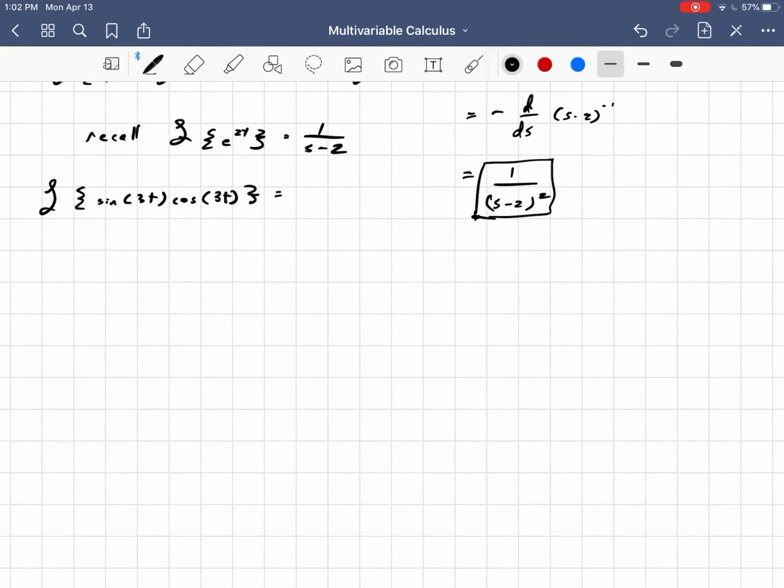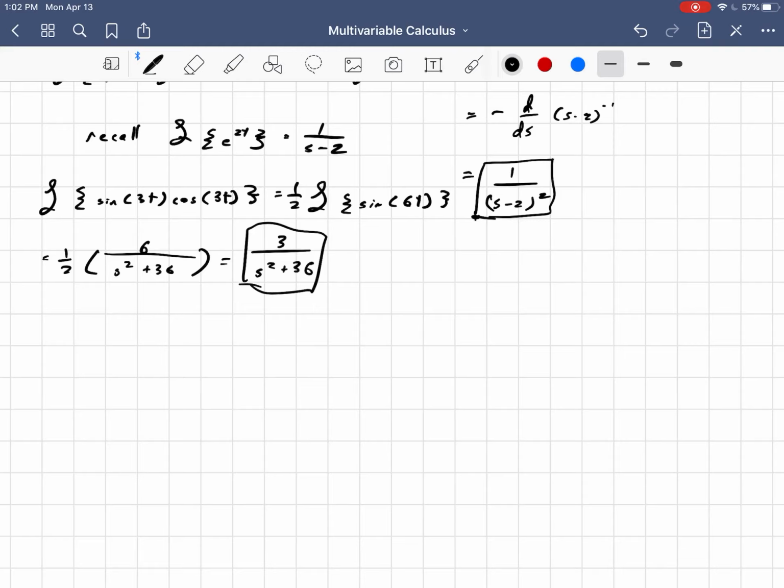If I had, say, the Laplace transform of the sine of 3t times the cosine of 3t, I can make it 1/2 the Laplace transform of the sine of 6t, which is 1/2 times, now the Laplace transform of sine of 6t, that's going to give us b equal to 6 here, so 6 over s squared plus 36, or in other words, 3 over s squared plus 36. And I think that takes care